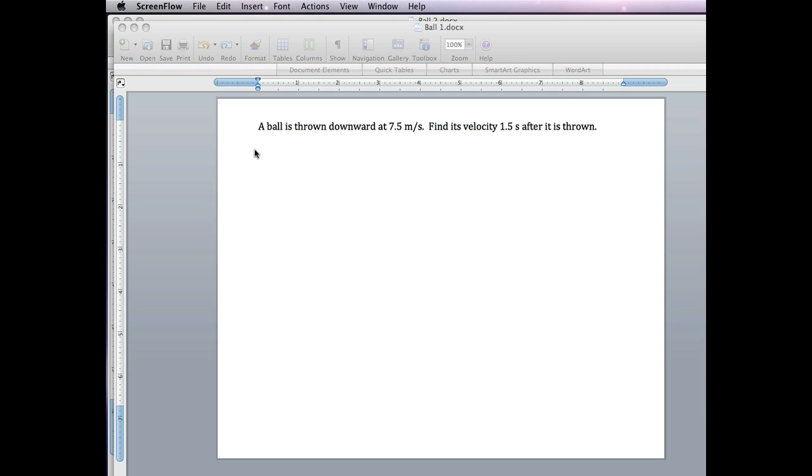This is a screencast to calculate the velocity of a ball that is thrown upward or downward. A ball is thrown downward at 7.5 meters per second. Find its velocity 1.5 seconds after it is thrown. We see in the problem that the initial velocity of the ball